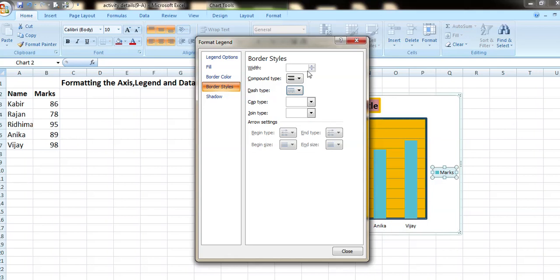Then I can specify the width by clicking on the spin arrows. I can mention a value from 0 points to 1584. Any width value or dash type value I can specify from here.